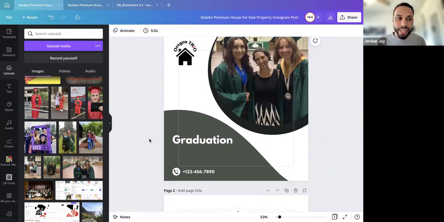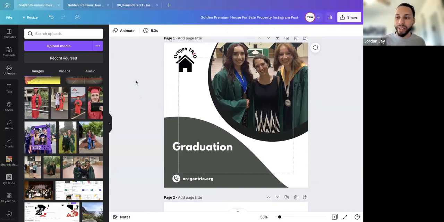So you can kind of see just how accessible it is. It's really easier than you would think, or easier than I thought when I started out. It's a lot of dragging. Once you have uploaded your pictures, they're really easy to put in here. And the text is all clickable. So you're able to just highlight it, hit delete, and type in whatever you need to. The fonts are all really self-explanatory. Yeah, very, very adjustable, very easy.